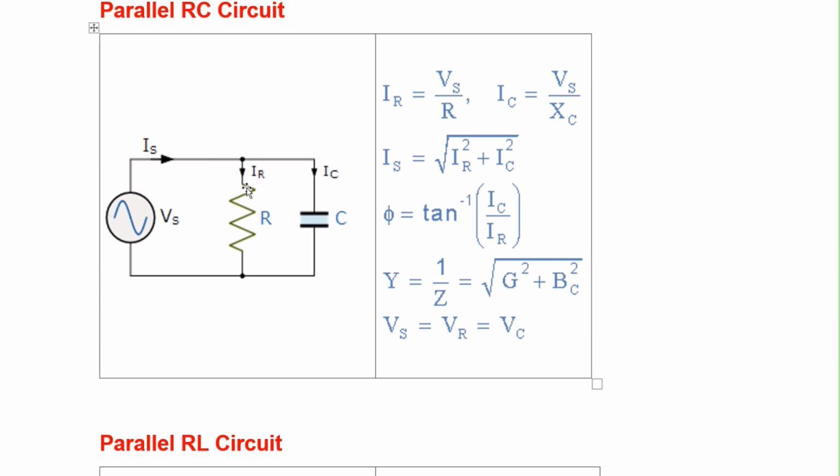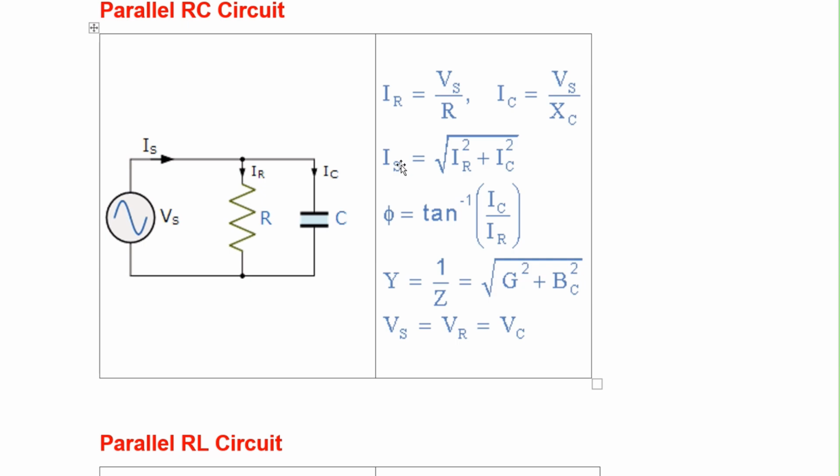Now this Is is branching into IR and IC. So here this current Is is dividing into two parts, IR and IC. IC is traveling towards the capacitor and IR is traveling towards the resistance. Now, what is the value of IR and IC? IR will be equal to Vs, the voltage across resistance, divided by R. IR equals source voltage divided by the value of resistance. IC is equal to source voltage divided by its reactance,